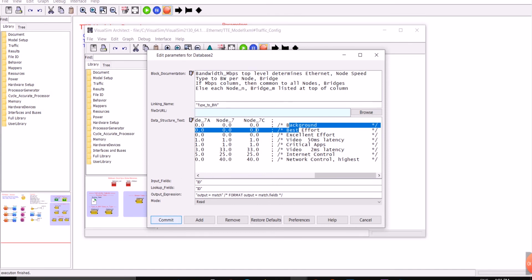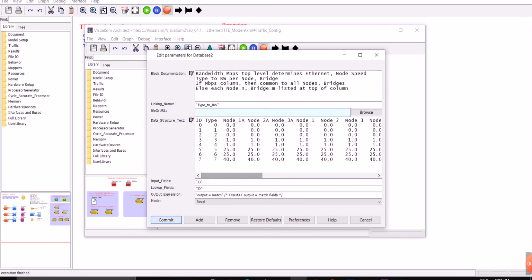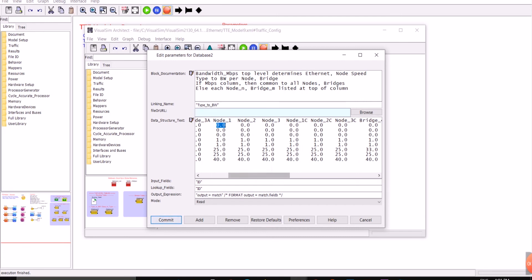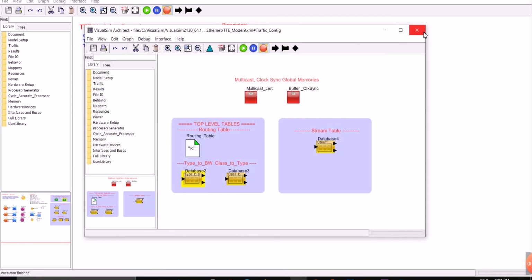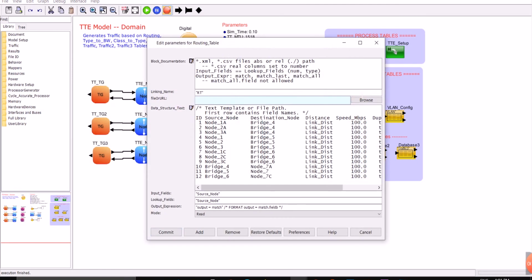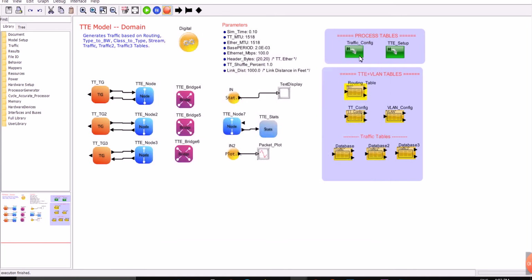So whichever of these numbers is used will be assigned a bandwidth, and the total bandwidth, the sum from 0 to 7 of node 1A or node 1 or any other node, should not exceed the bandwidth that's assigned inside the routing table, like this 100 Mbps. If it allocates more bandwidth than the routing table, then it will throw an error. So this was a brief introduction of the things that we have used.